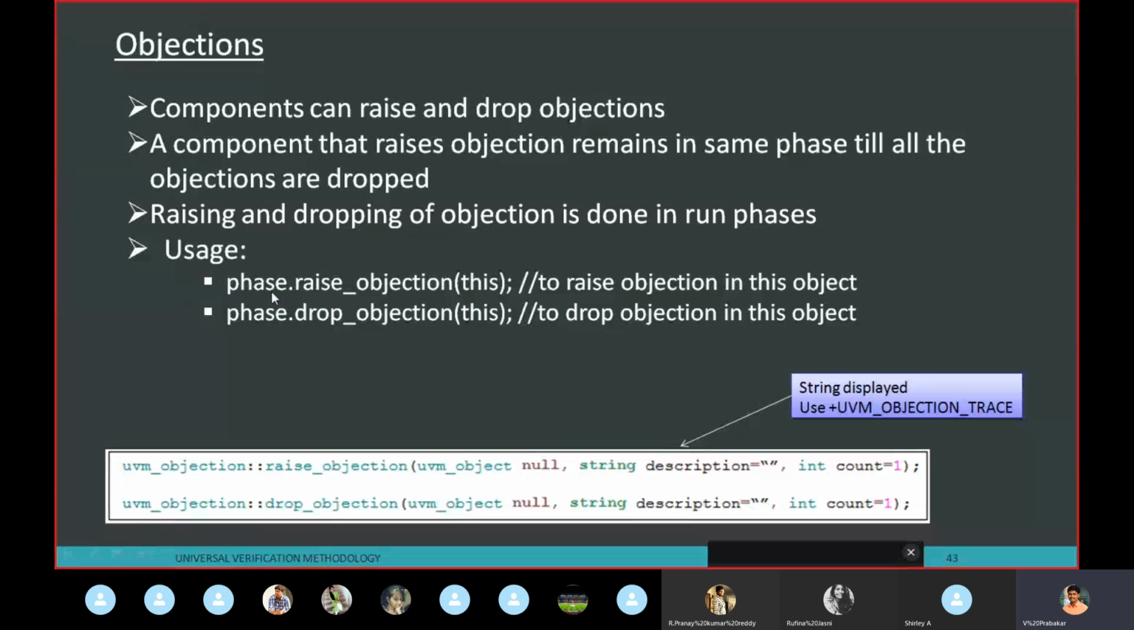So this is the way we raise the objection. Within the run task, phase.raise_objection, and in brackets you have to pass this. Here I am raising the objection in this class. Then we mention the actual process, and after completing that we mention phase.drop_objection. So for raise objection and drop objection in this class, if you look at the raise_objection method, it